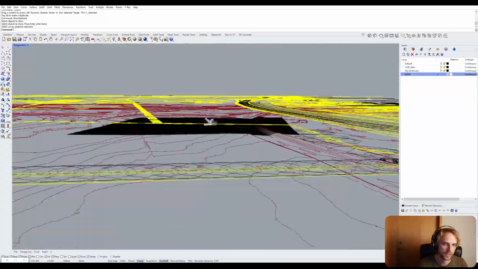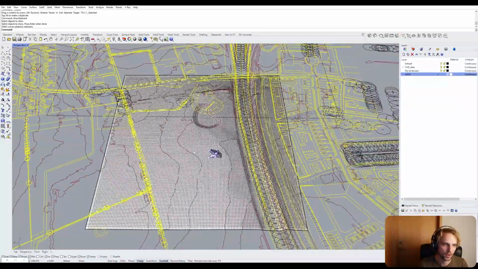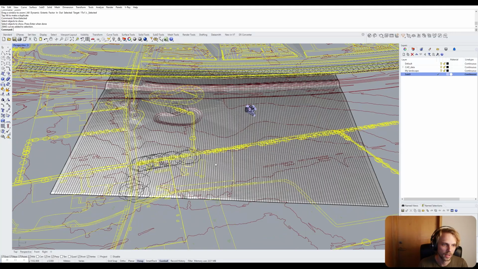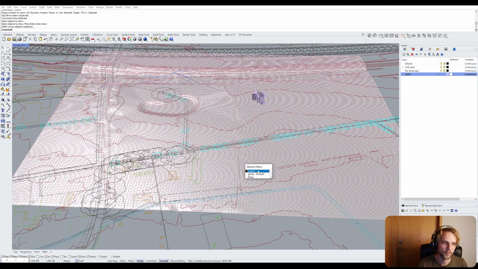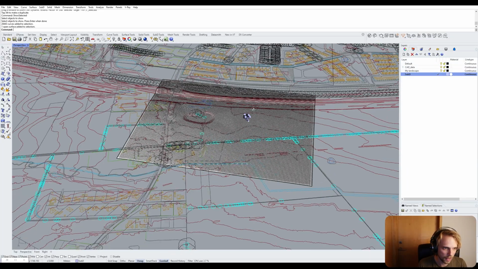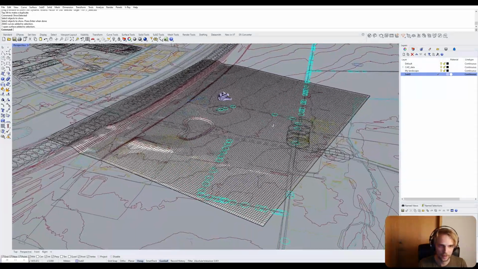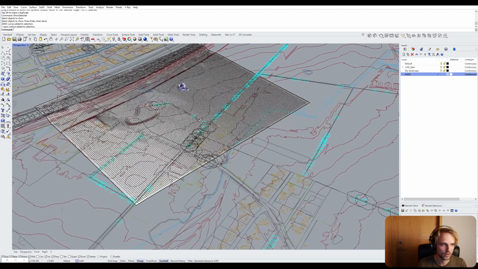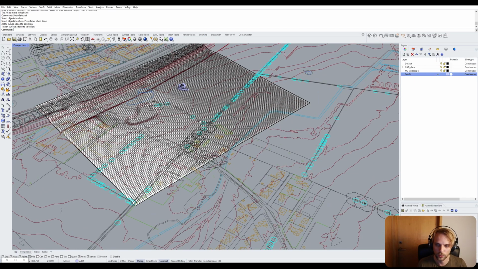Let's project the city information on top of your landscape, on top of your landscape surface. This might be a very heavy operation, so please first wait for me to do it, and let's just check if it's gonna work. And I am going to save the file. And let's just make sure that